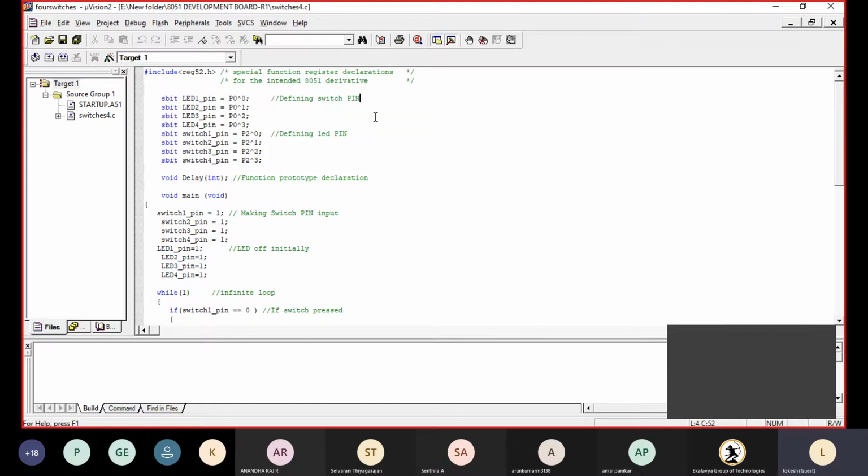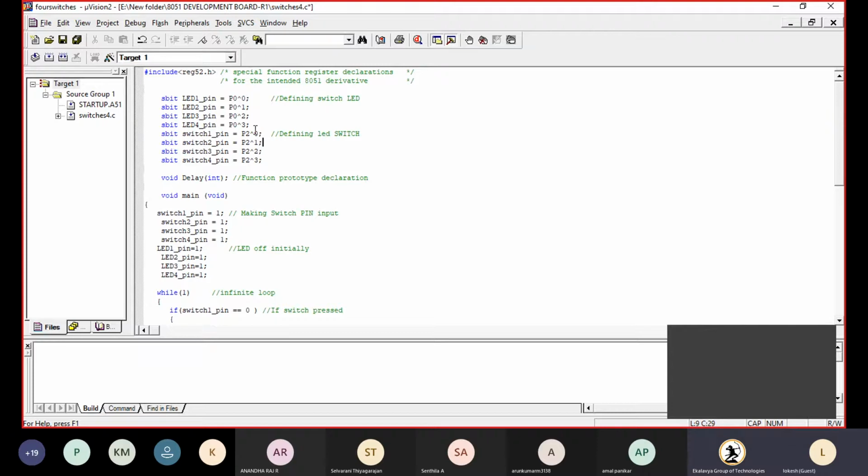I will write these as the LEDs. These are the switches. Next, the switches are connected to port 2.0 to 2.3, so that's why I have taken sbit.